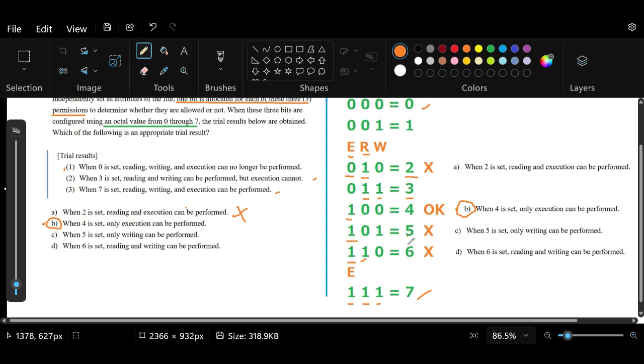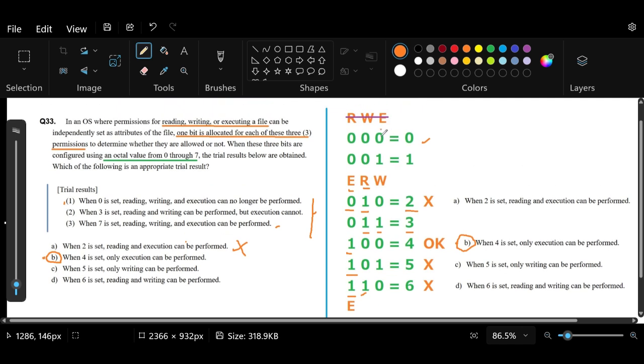Again, we know that C, D, and A are wrong because we had to check the trial results to determine the sequence of execution, reading, and writing. Otherwise, if we went with the wrong one, like for example the first choice that I did, reading, writing, and execution, it won't satisfy the trial results. We had to satisfy the trial results first and from there be able to choose the correct answer, which is letter